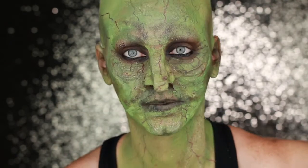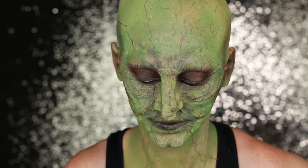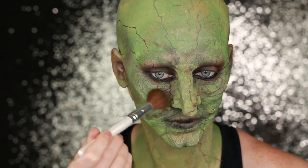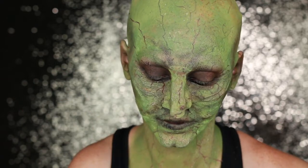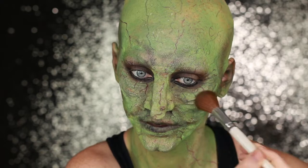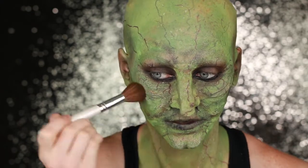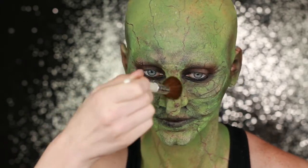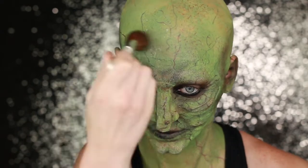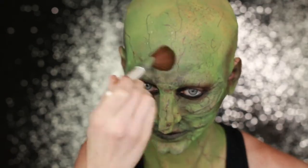I'm so sorry guys, but my camera played me and did not record me applying all these veins. So I just mixed up some body paint of like dark reds and blacks on a small liner brush and just wiggled it all over my face to create this super creepy, gross vein effect, and also down my neck as well. And then I mixed up a little bit of white body paint on a stippling sponge and went